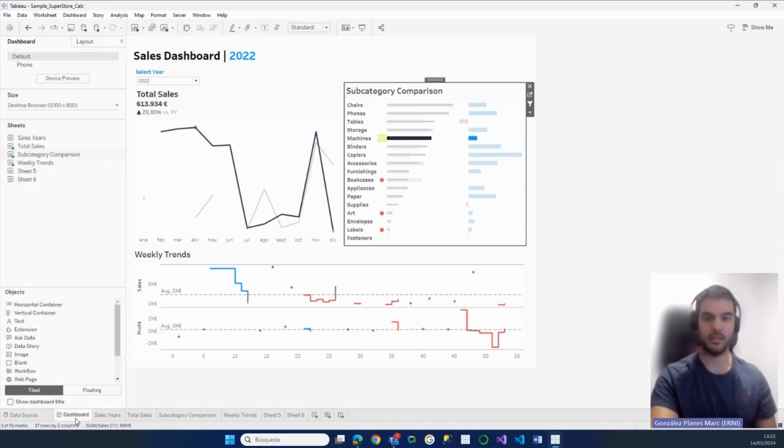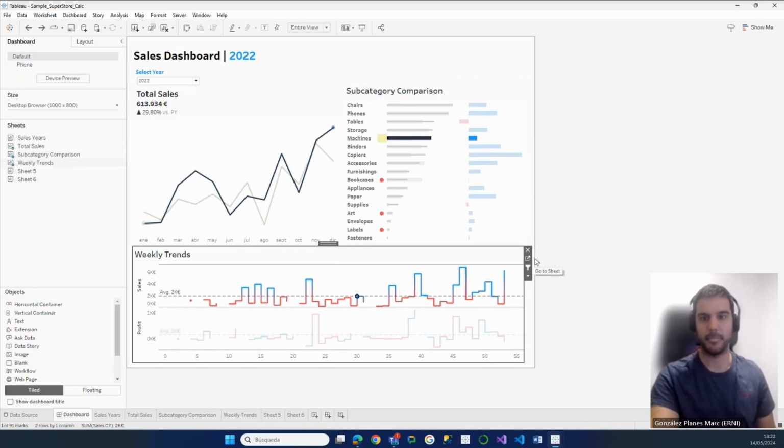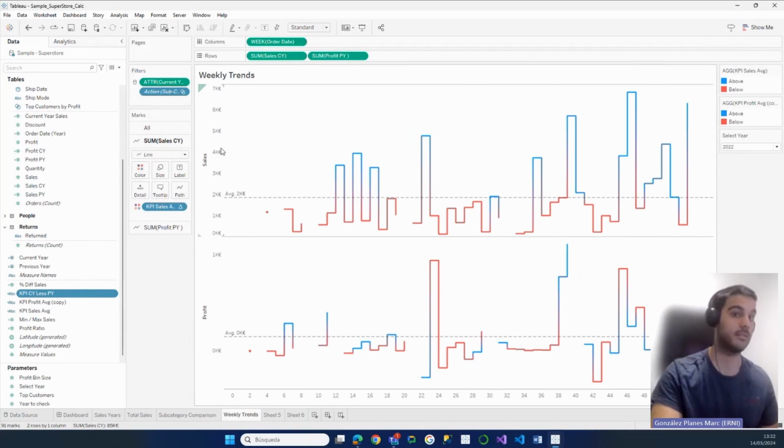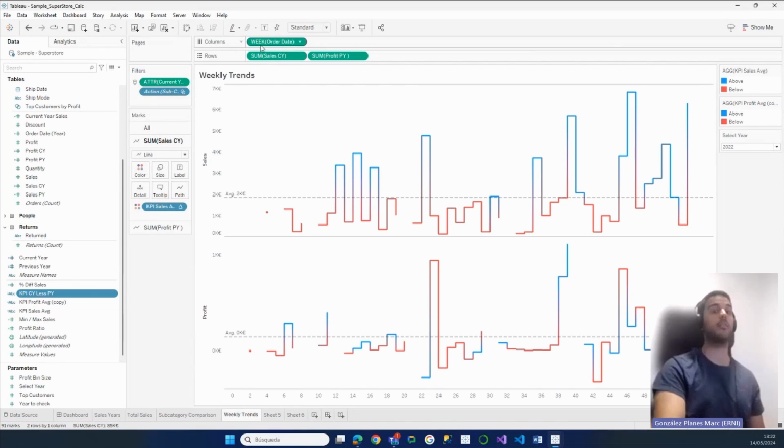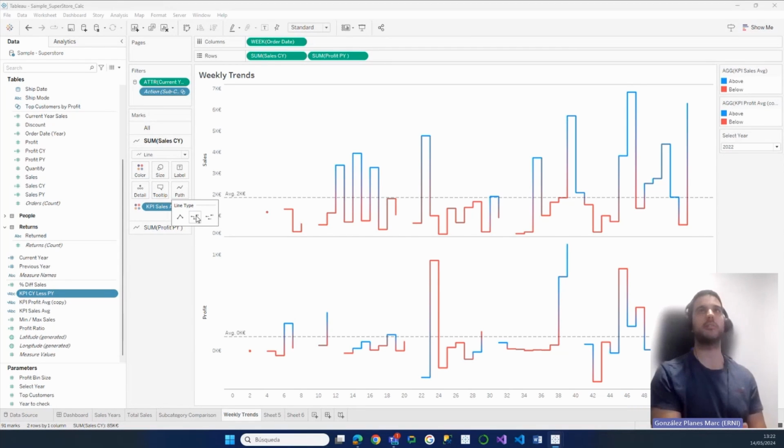To do something related to trends, I was filtering just for a product before. If I'm doing trends, as this is the same, I wanted a date on the columns, and then on the rows the sales and the profits, and for the paths I wanted to use steps, because it's not like a line, as the products are not changing every day. This is more like trends, okay, I have sales or not sales. So to me, it's easier to see it as this kind of steps, because if you have a machine that is